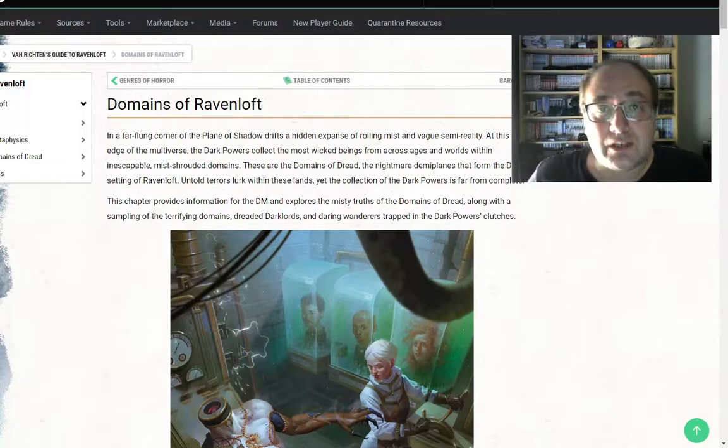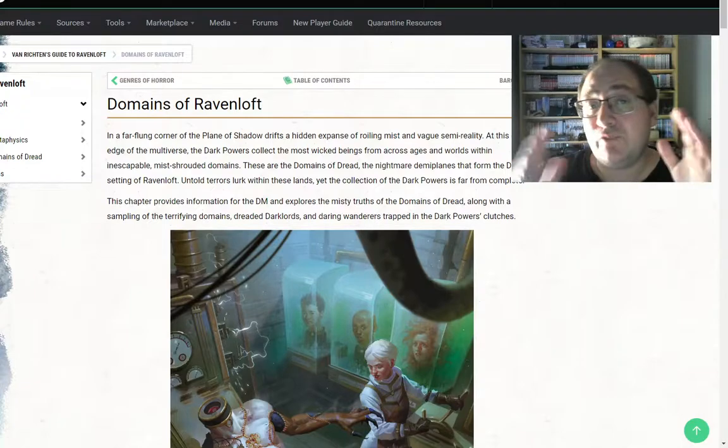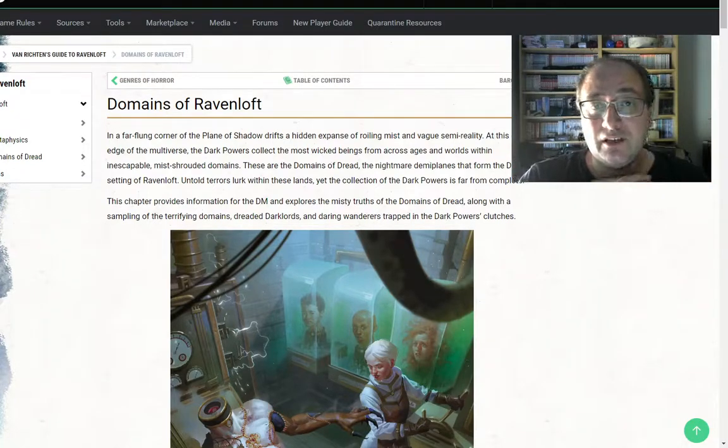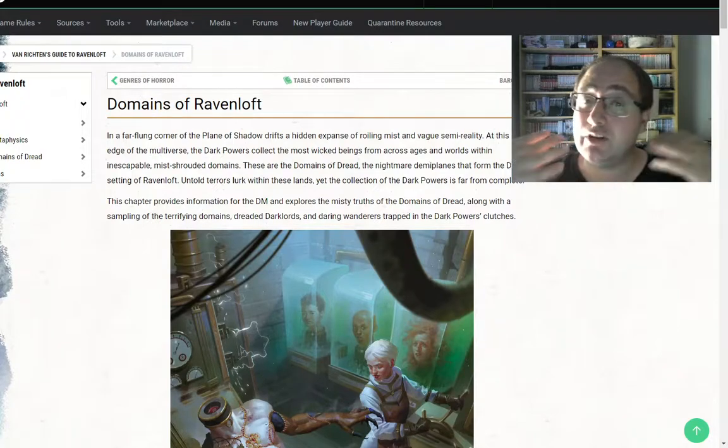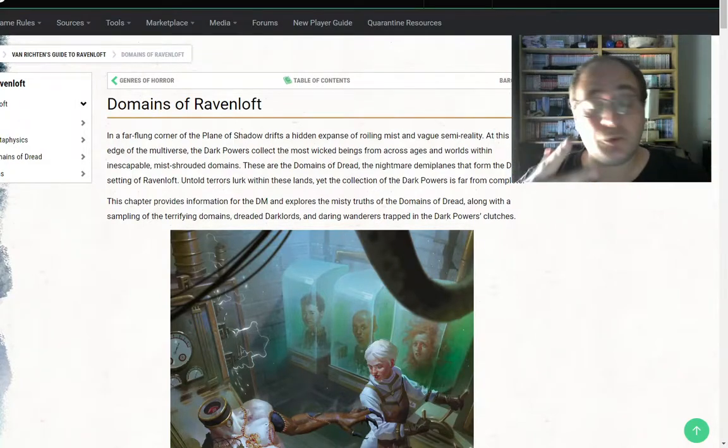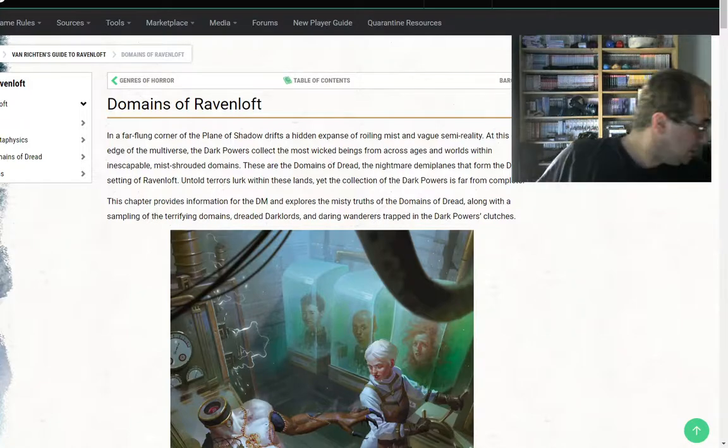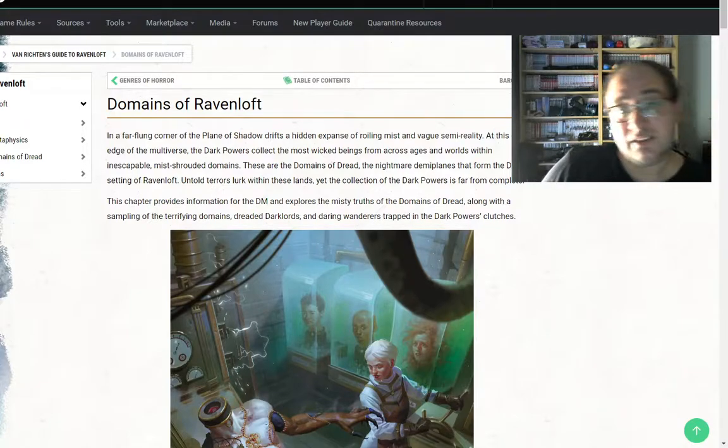So when I found out that finally, after many years, because there was no Ravenloft really in 4th edition, so it kind of skipped a whole generation of D&D players, that there will finally be a Ravenloft book for 5th edition, I was incredibly excited. Of course, by then we already had Curse of Strahd